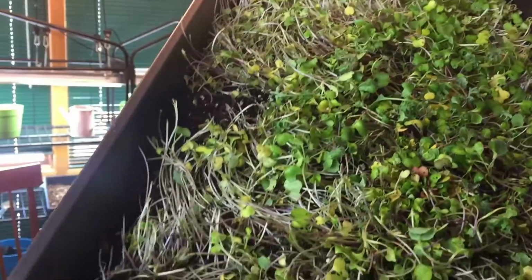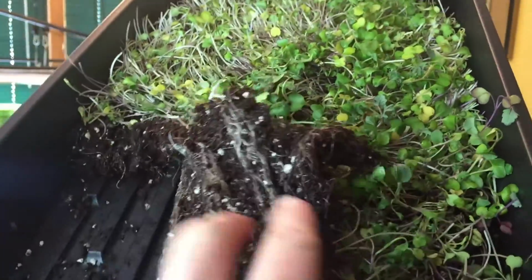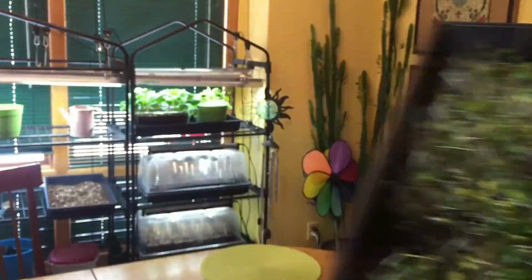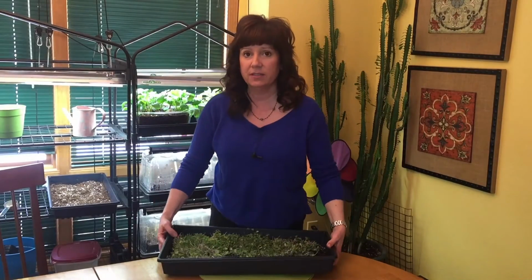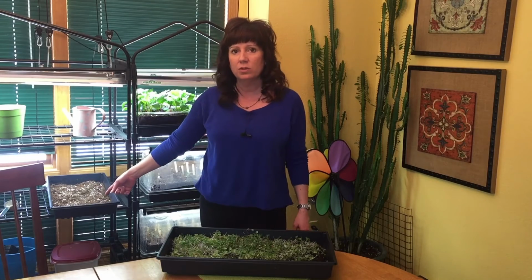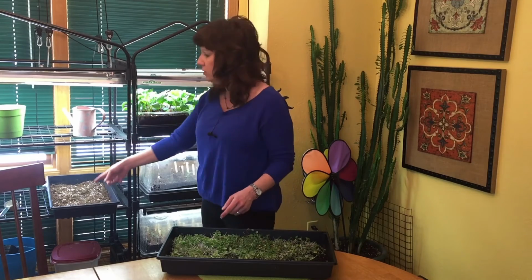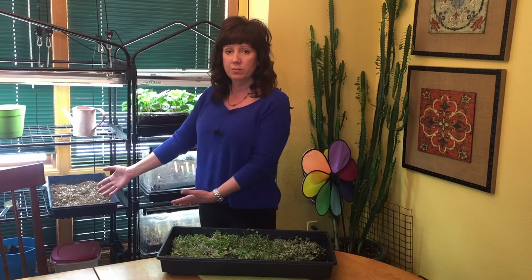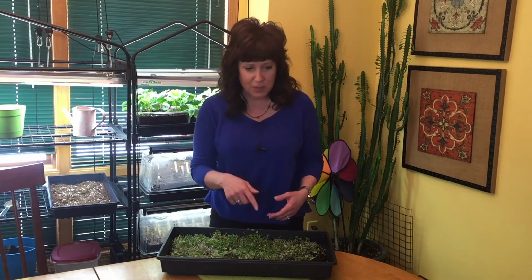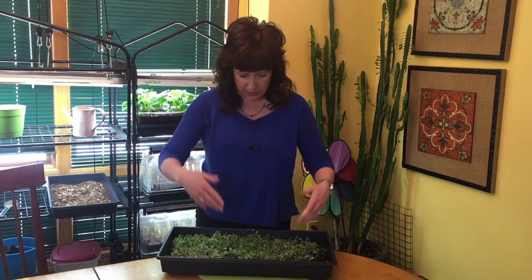In this one, I now have a soil pelt. It's just solid. I can't rub any dirt off of this. I've never seen anything like it. Isn't that crazy? That's because of Trifecta. That's the only difference here, besides the fact, well, there's 2 differences. One, this one should have more roots. The other one, in my opinion, should have this problem, because 2 sets of roots have lived in there. I didn't have that problem. This one has only had 1 planting of microgreens in it,